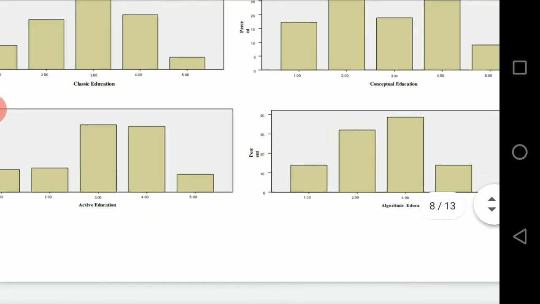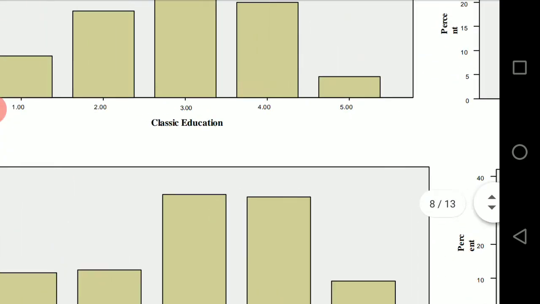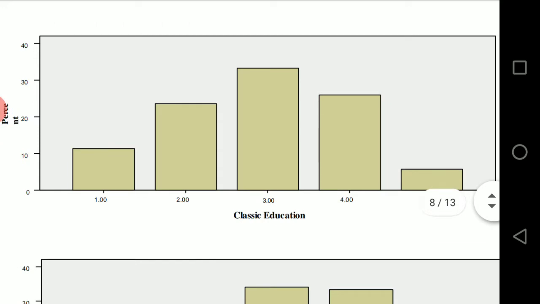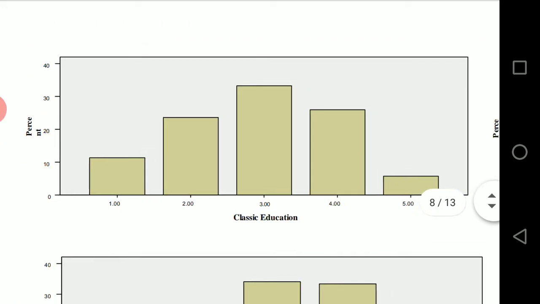Each diagram indicates something different. The first diagram tells about the classical education. The row is classical education, coded at 1, 2, 3, 4, 5, and the column is percent, 0, 10, 20, 30, 40.